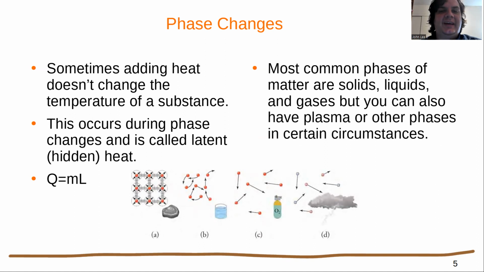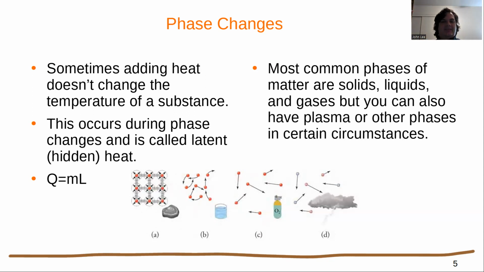So the last thing that we need to note for this, and again, this is very applicable to your everyday life, is that sometimes adding heat doesn't change the temperature of a substance. This occurs during phase changes and is called latent heat, where latent is just another word for hidden, and is given by the equation Q equals mL, which again, you're not expected to memorize, but